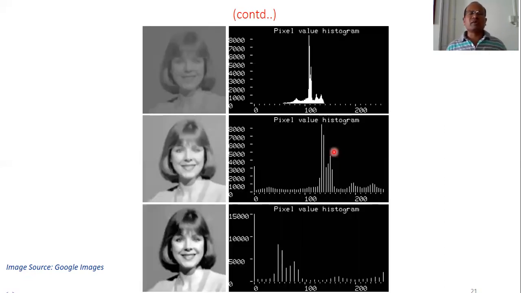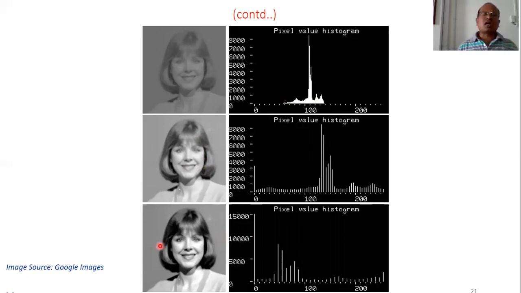These are some more examples. Look at the first picture, with the pixel value histogram where you can see around 100. This example was included in the beginning of the presentation today. And if we change the histogram like this, you see the change in the face. And if we further apply the cumulative histogram method, you see the third image.